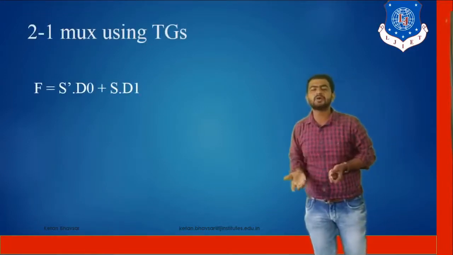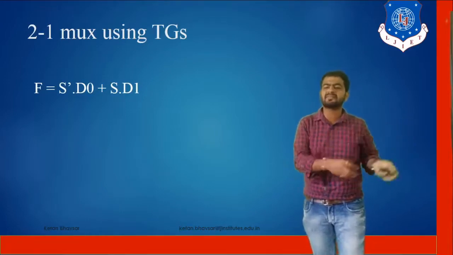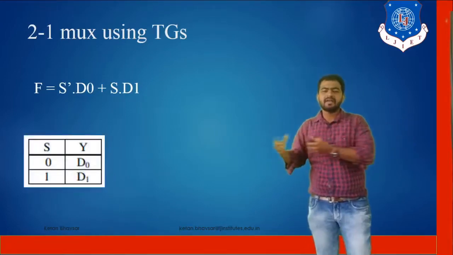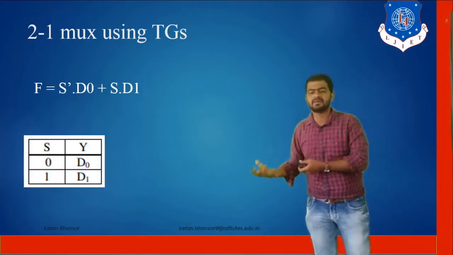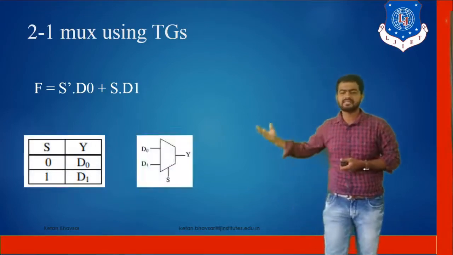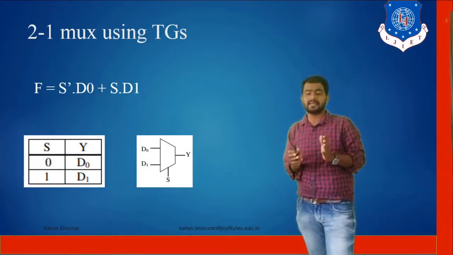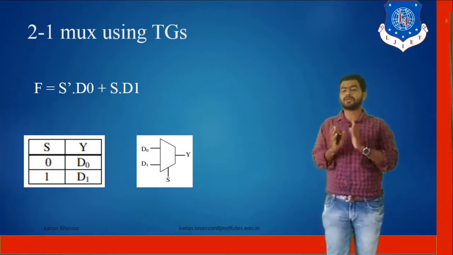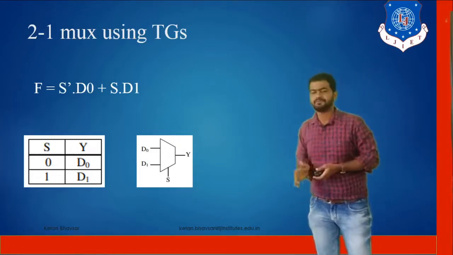Similarly, you can design a 2x1 multiplexer. How exactly does a multiplexer work? A multiplexer just transmits the value from the left hand side to the right hand side. If S is equal to 0, then Y is equal to D0, and if S is equal to 1, then Y is equal to D1. So it's the symbol of the multiplexer that we already know, and you already know the digital circuit very well. And only then can you work with the transmission gate or any type of VLSI design circuit too.